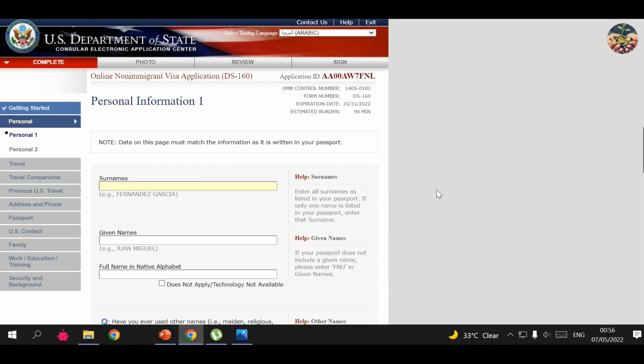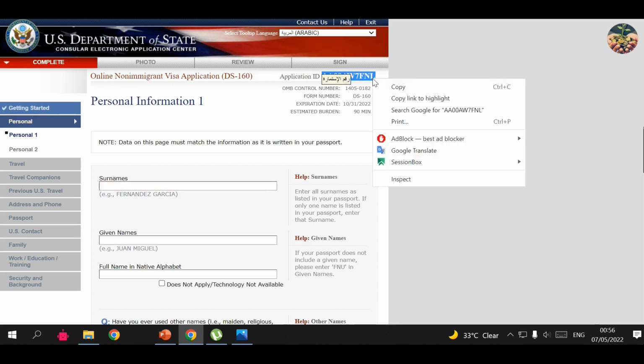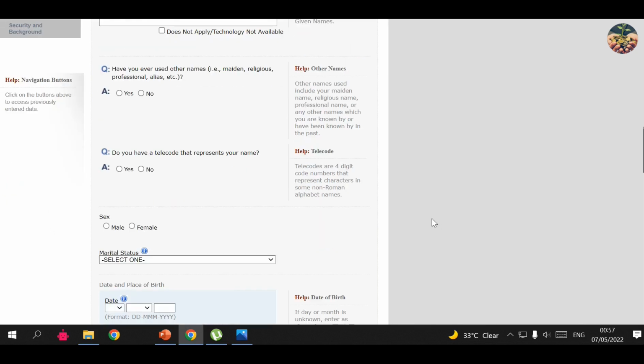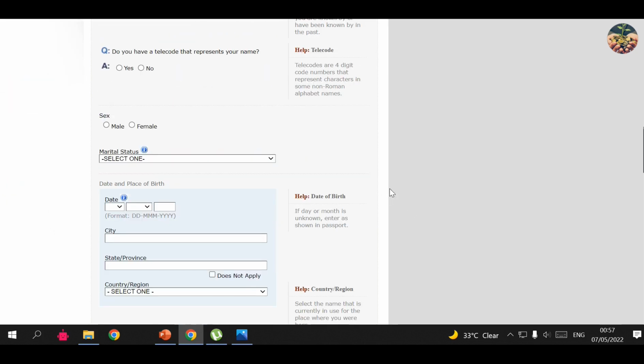Now, one thing that you need to remember before we start actually filling the form, and now we are, as you can see, these are the steps that we're gonna go through. But most importantly, make sure to record this application ID, because this website is gonna be using a specific time to shut off this form filling procedure. So after a while, if you take too much time filling this form, you will have to cancel and do